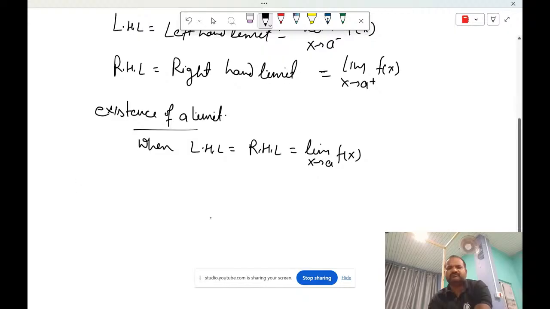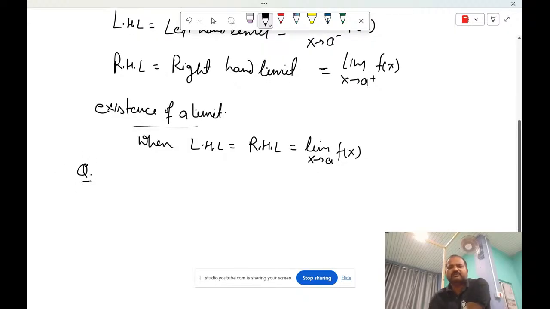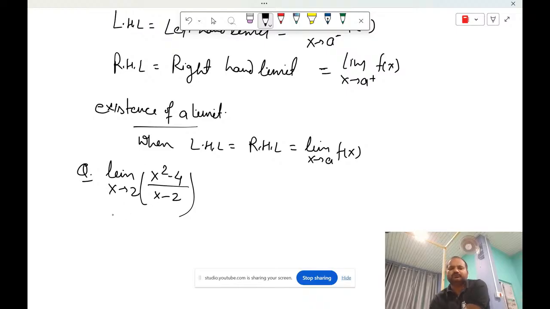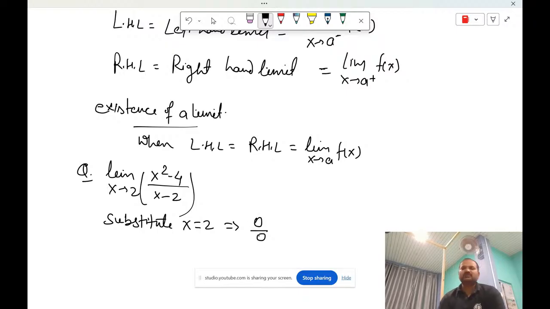So we will see some questions. Suppose the limit is given, limit x tends to 2, and the function is x square minus 4 upon x minus 2. You can see if we substitute the value, substitute x is equal to 2 in the function, it will give the function's value in the form of 0 by 0. 2 square is 4 minus